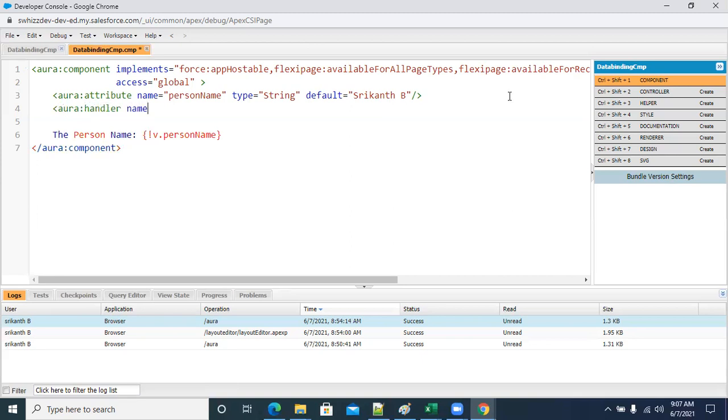So it will have a name, it will have a value, and it will have an action. Three parameters will be there. Name means you can give anything. I just gave it as init, and the value has this format, and you can give the action as anything. So c dot